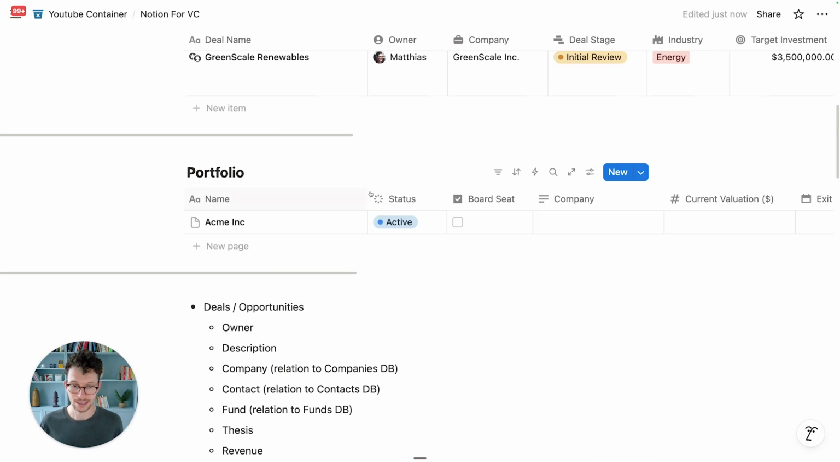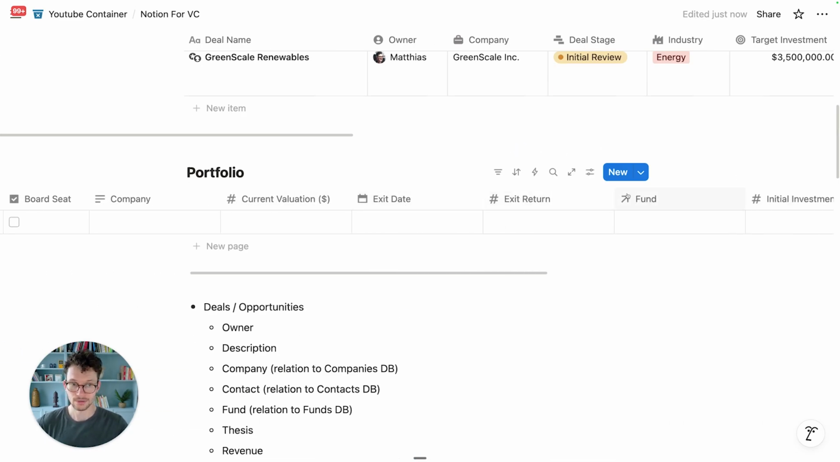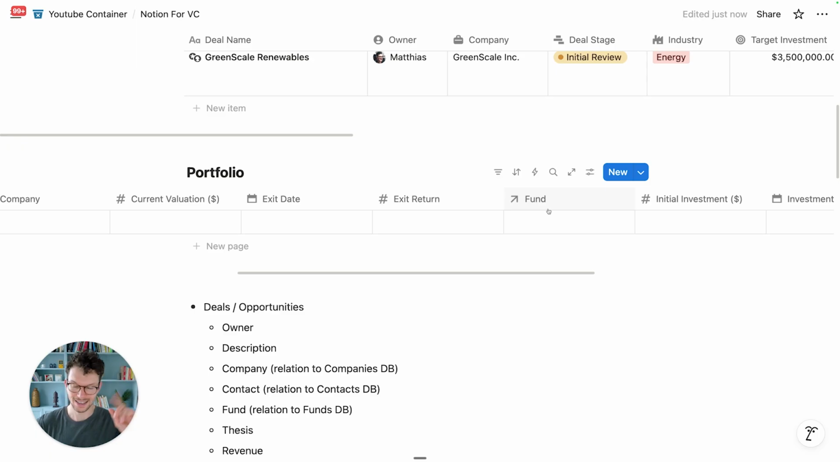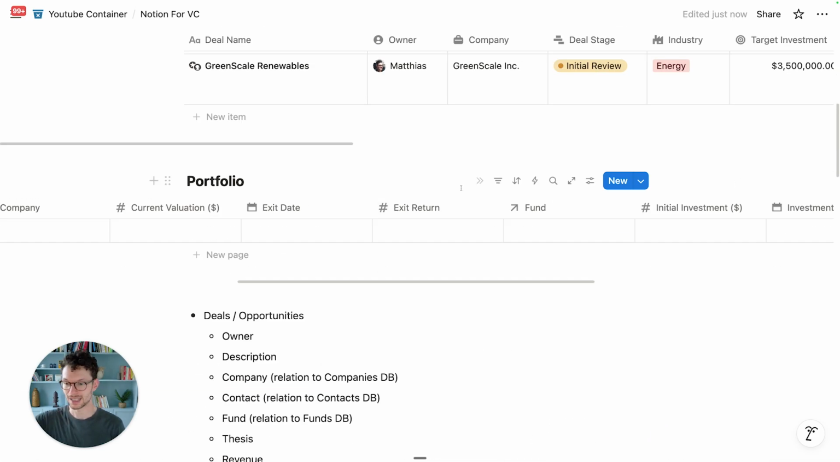So we don't have our company database just yet. Current valuation, exit date, exit return, all good. Fund, nice. It set up that relation property, right? This is one thing that Claude and ChatGPT can already do through the MCP, what Notion AI currently won't be able to do. So particularly as you go later down the list, right, you want to make sure your databases